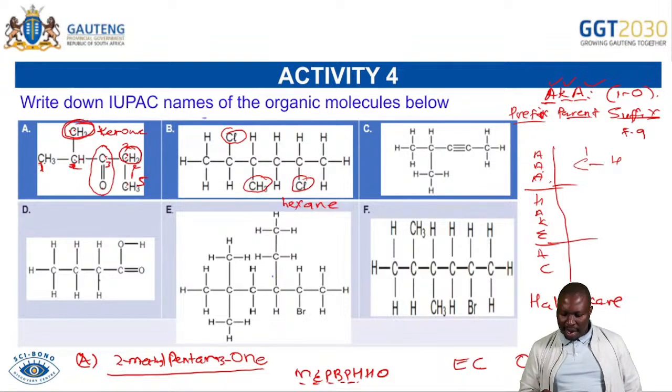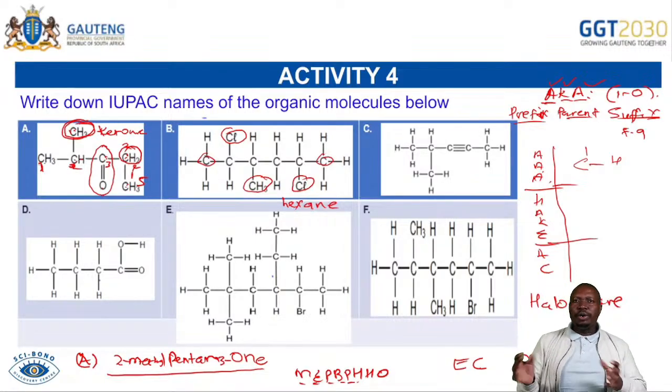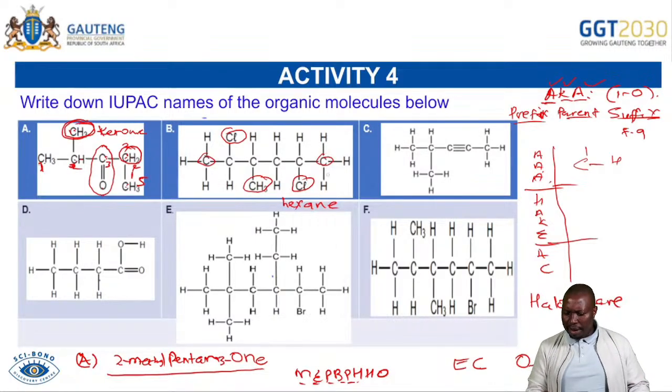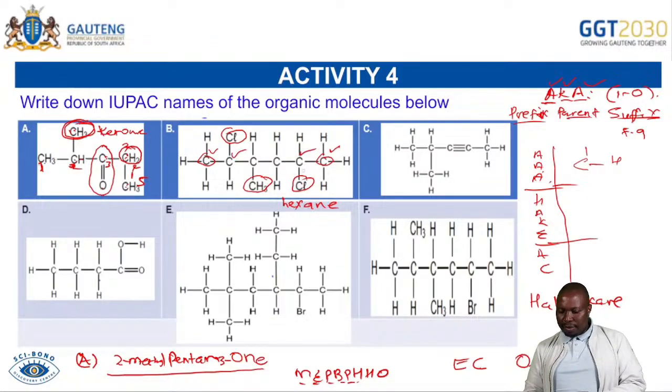Yes. Before you number the carbons, you must first go and give this CH3 and this CH3, give all of them an opportunity to be carbon number 1. To say, am I carbon number 1? This one is saying I'm carbon number 1, and this one is saying I'm carbon number 1. This one is saying I'm carbon number 2, and this one is saying I'm carbon number 2. But which one wins? All of them have chloro, so they are the same. We can't prefer any of them.